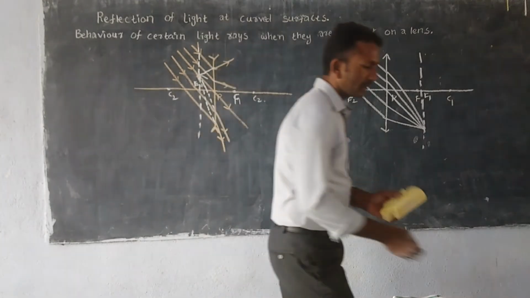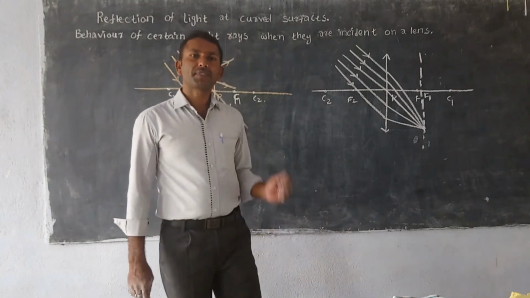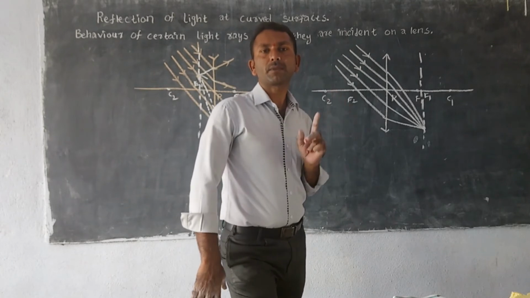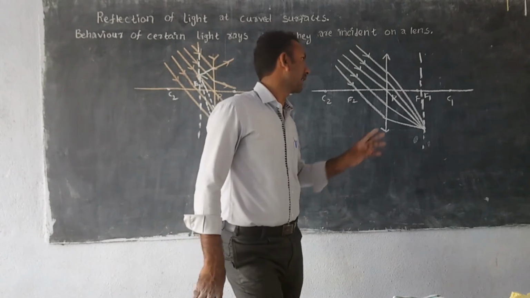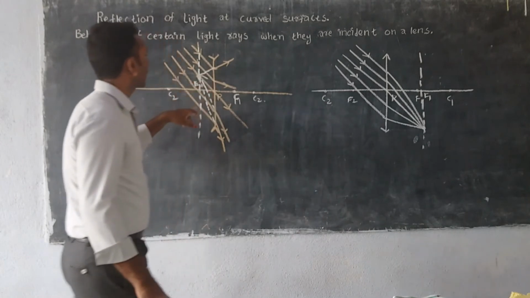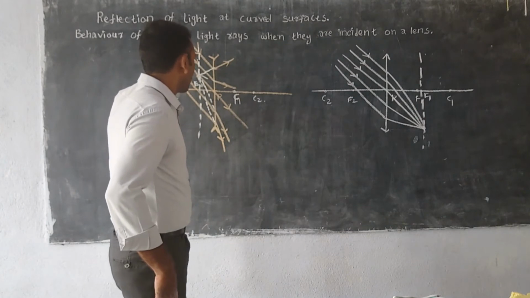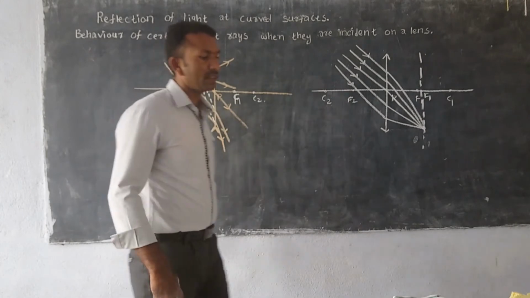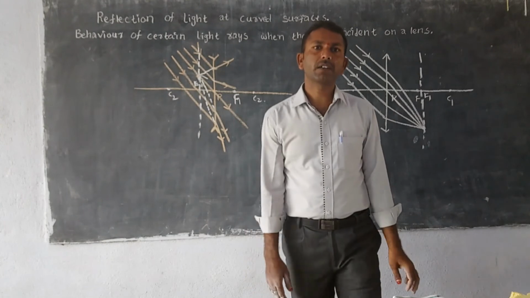And we have to remember one thing here about the mirrors. For a concave mirror, the parallel beam of light converges at one point on the principal axis. For a convex mirror, the parallel beam of light diverges from the principal axis. And here, in the convex lens, they will converge at one point, and in the concave lens, they will diverge in different directions. If we extend the refracted light, they will meet at one point, which will be the image point position of the light rays for the concave lens.